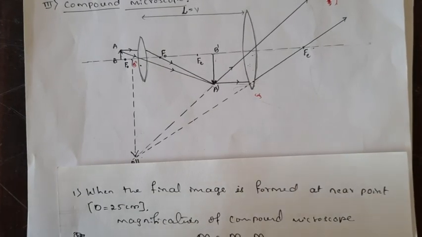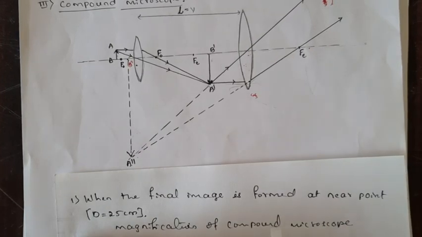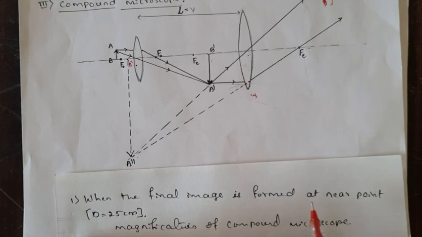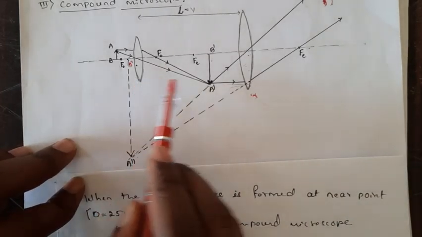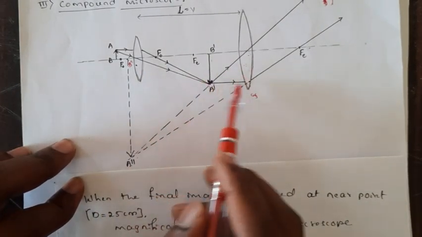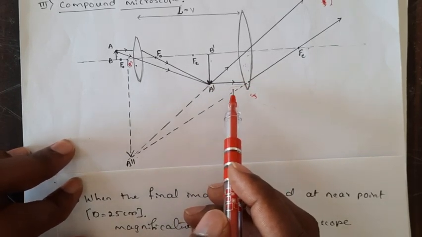And see here also we have two options. We can get the image at the near point as a clear view, and we can get the image at infinite distance for a relaxed eye condition. And this part is constant, it will be the same, whether that is the near point image or the infinite distance image.